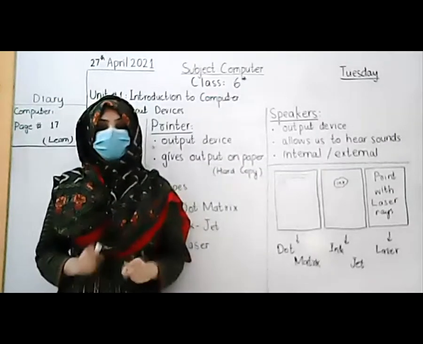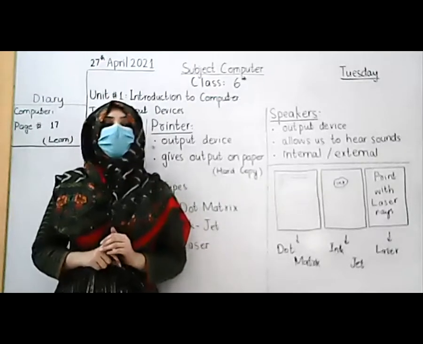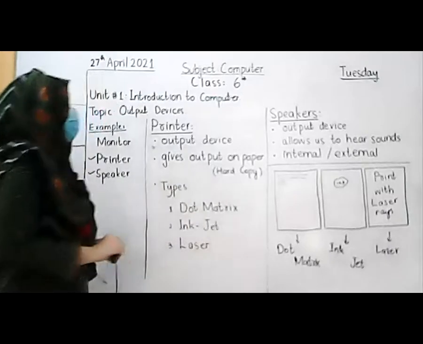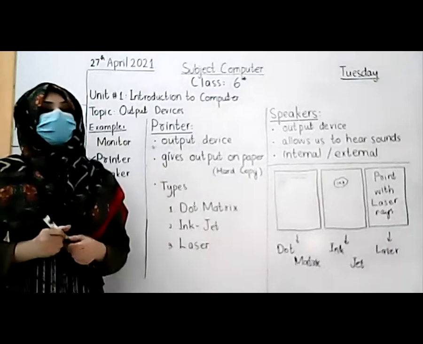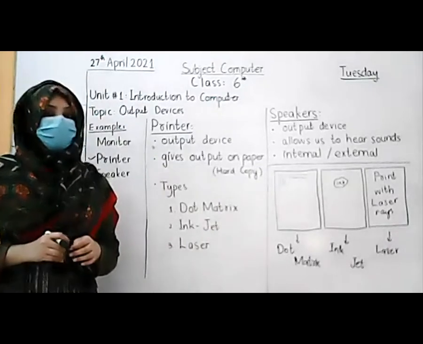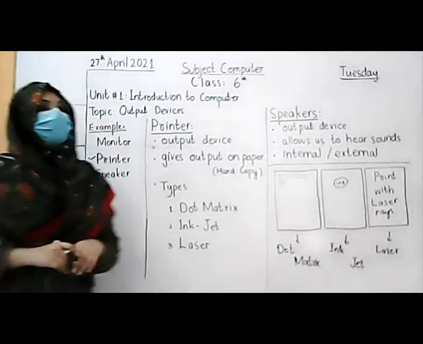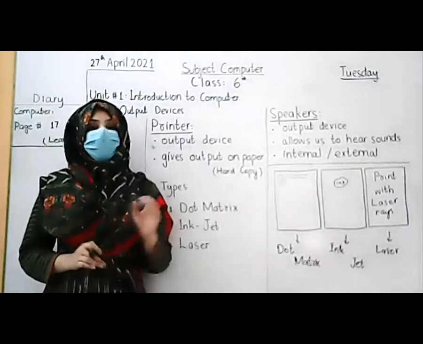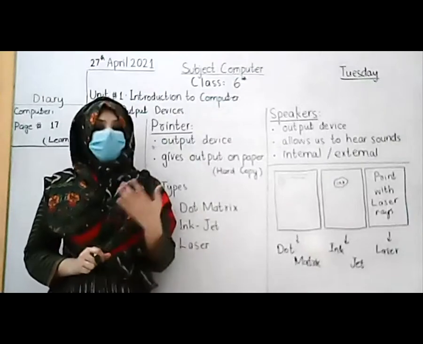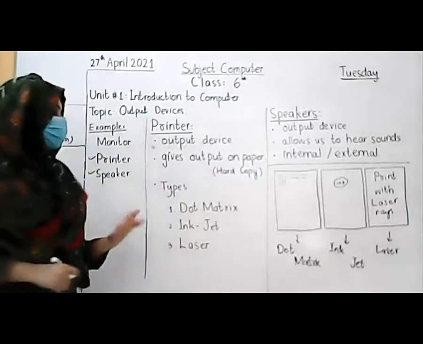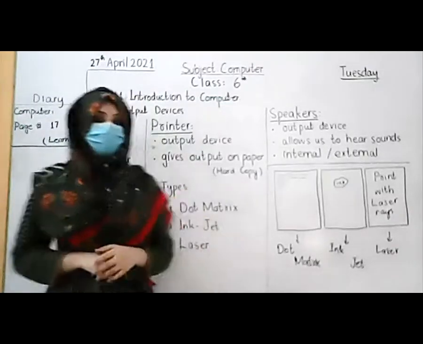In yesterday's class, we talked about the soft copy. So what is the soft copy? Who will tell me? Yes, soft copy. What is a soft copy? The output which is showing on the monitor, in the computer system, is the soft copy. And when this output is on paper, a white paper, you call it a hard copy.